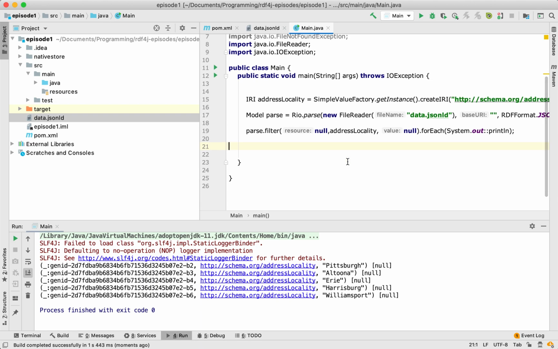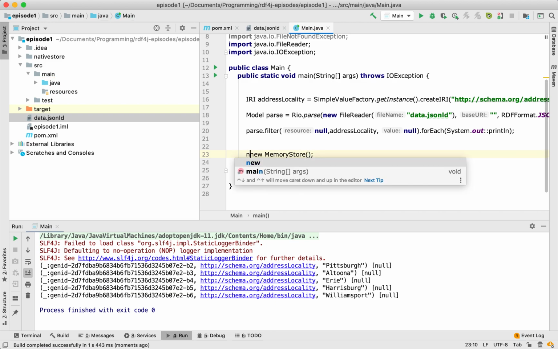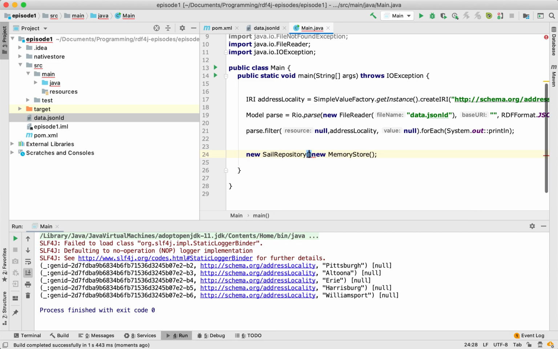If we want to go further and we want to, for instance, query this data, we're going to need something more than just a model. The model is a simple, easy way to get started, and a nice way to keep your data. The model does have indexes to make access faster, but if we want to be able to run SPARQL queries, for instance, we're going to need something a bit more robust. So what we're going to do is we're going to use the memory store, and we're going to wrap it in a Sail repository. This gives us very nice tooling around it, and we must remember to shut down our